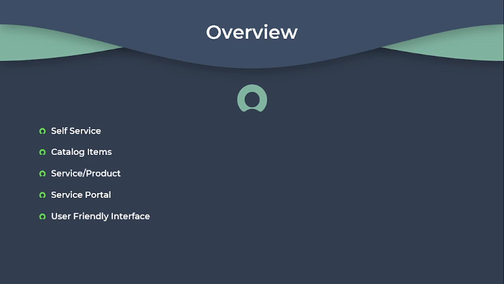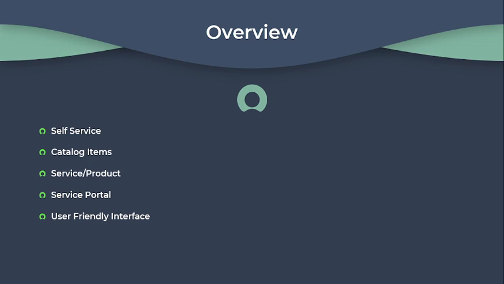The distinction between services and products within the service catalog lies in the nature of the offerings. Services typically encompass intangible deliverables provided by various departments within the organization. This may include IT services like software installations or hardware provisioning, HR services like benefits enrollments, facilities services like office space reservation, and so on. Products, on the other hand, typically refer to the tangible items that users can request, such as laptops, mobile phones, software licenses, or office supplies.